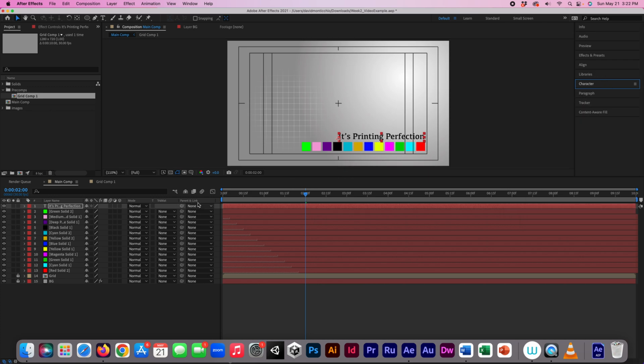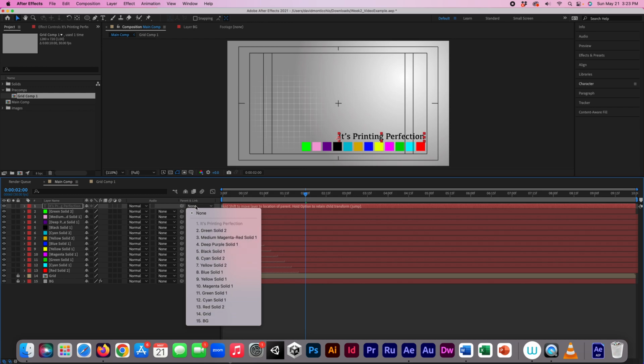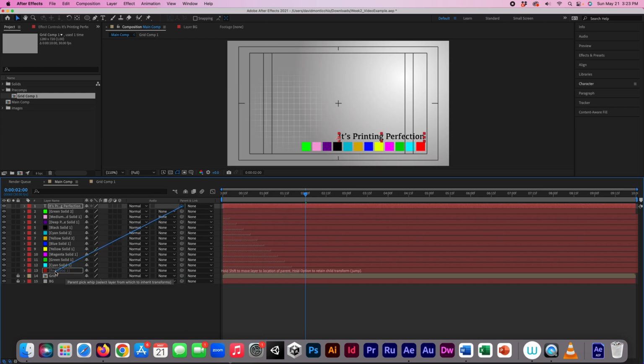And what I'm going to do is there's this thing called link and parent. If you notice in the columns, you can always have parents and links right there. If you don't see it, you can always right-click and add that column in. Now, there's two ways to do this. I could either use this little pick whip and drag it onto what I want, or I can click the layer I want as well. I'm just going to use the pick whip and grab red solid 2. So basically what that means is that this guy is specifically parented to this guy right here. So it only pops up